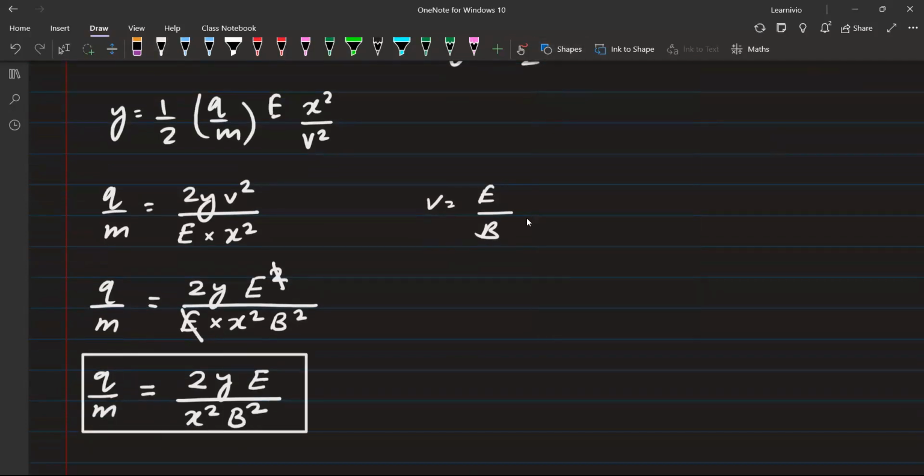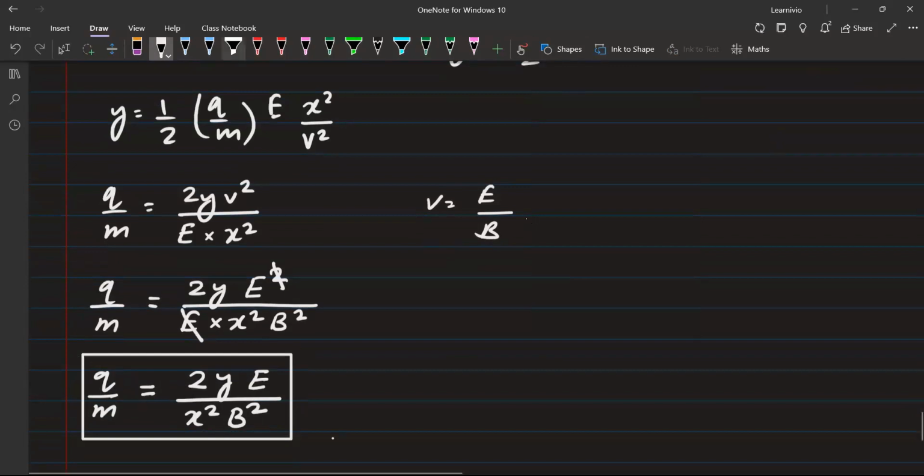So this is how all of these things are measurable. 2 is a constant, y, the electric field we have set, B we have also set, and x is the distance of the plate, which is also measurable. So when you calculate all of these things you will get the charge by mass ratio, which we calculated in the last class. We knew the charge and we knew the mass, and it came out to be 1.7 into 10 to the power 11